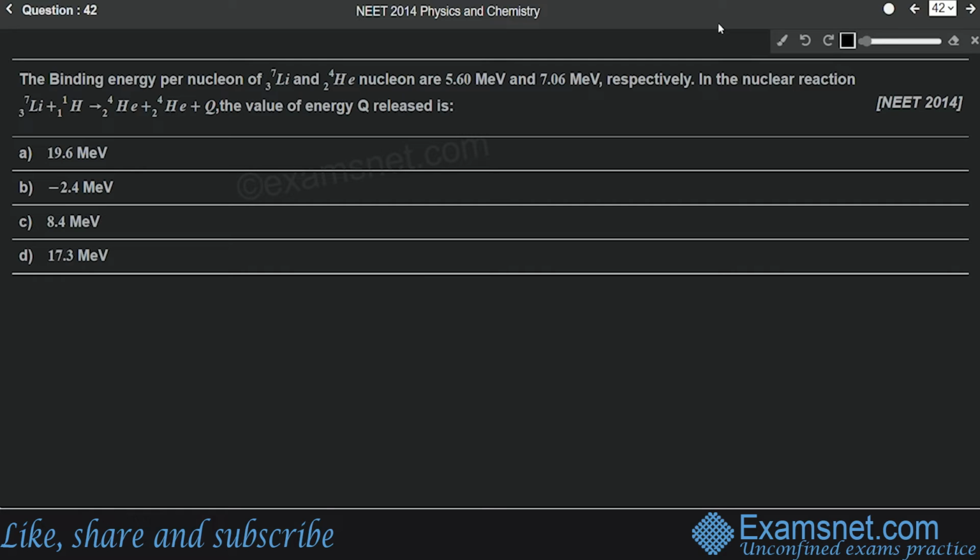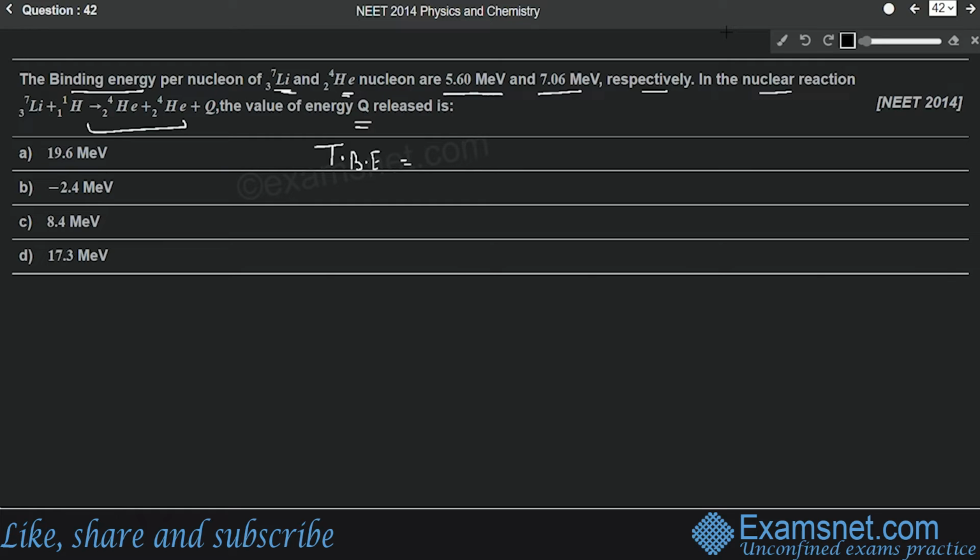Question number 42 is from the chapter Nuclei, and the question is: the binding energy per nucleon of lithium and helium nucleon are 5.60 MeV and 7.06 MeV respectively. In the nuclear reaction, this is the reaction, the value of energy Q released is. Okay, so here we know that the total binding energy